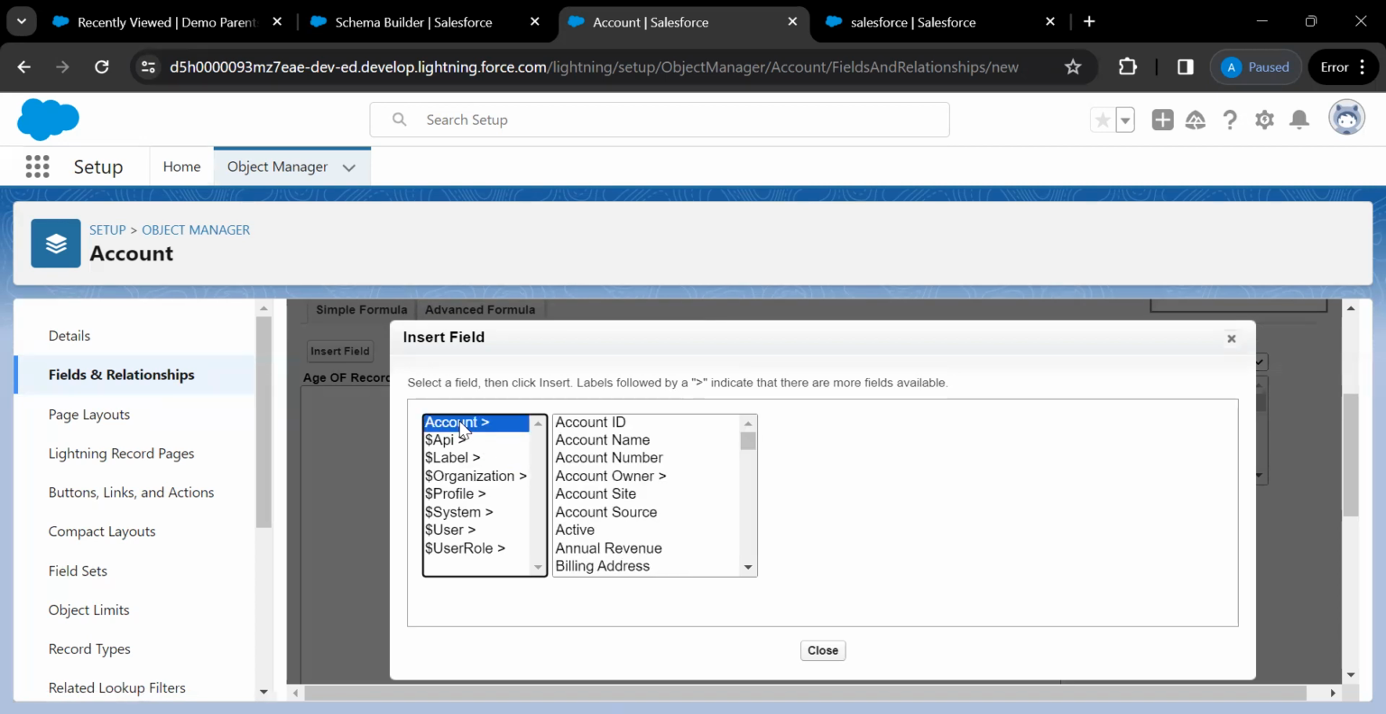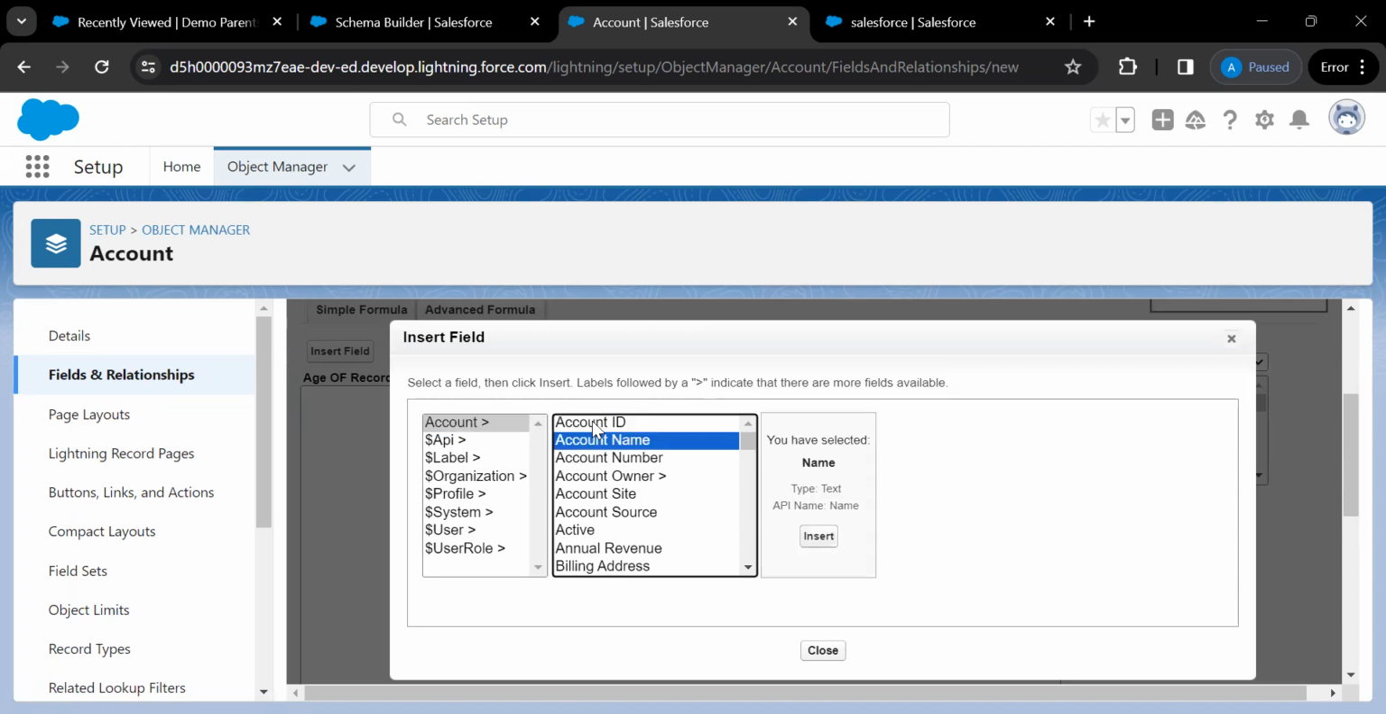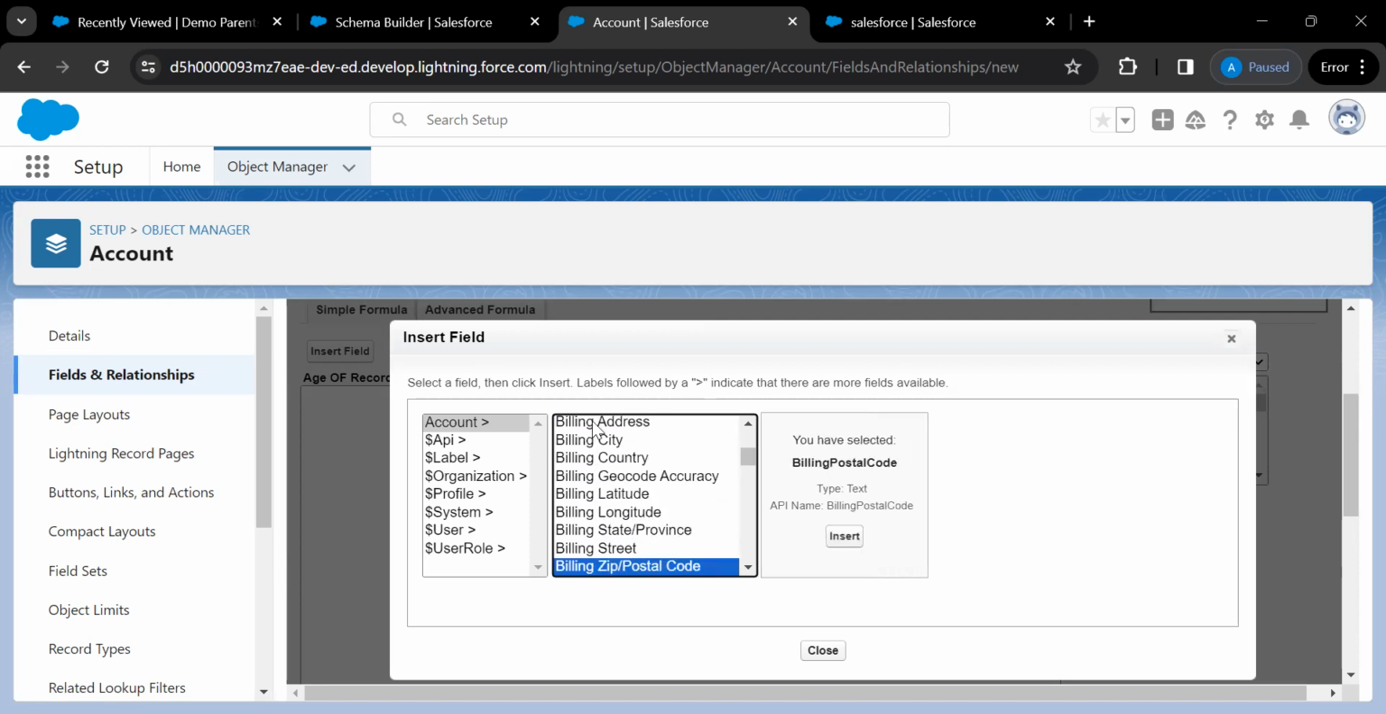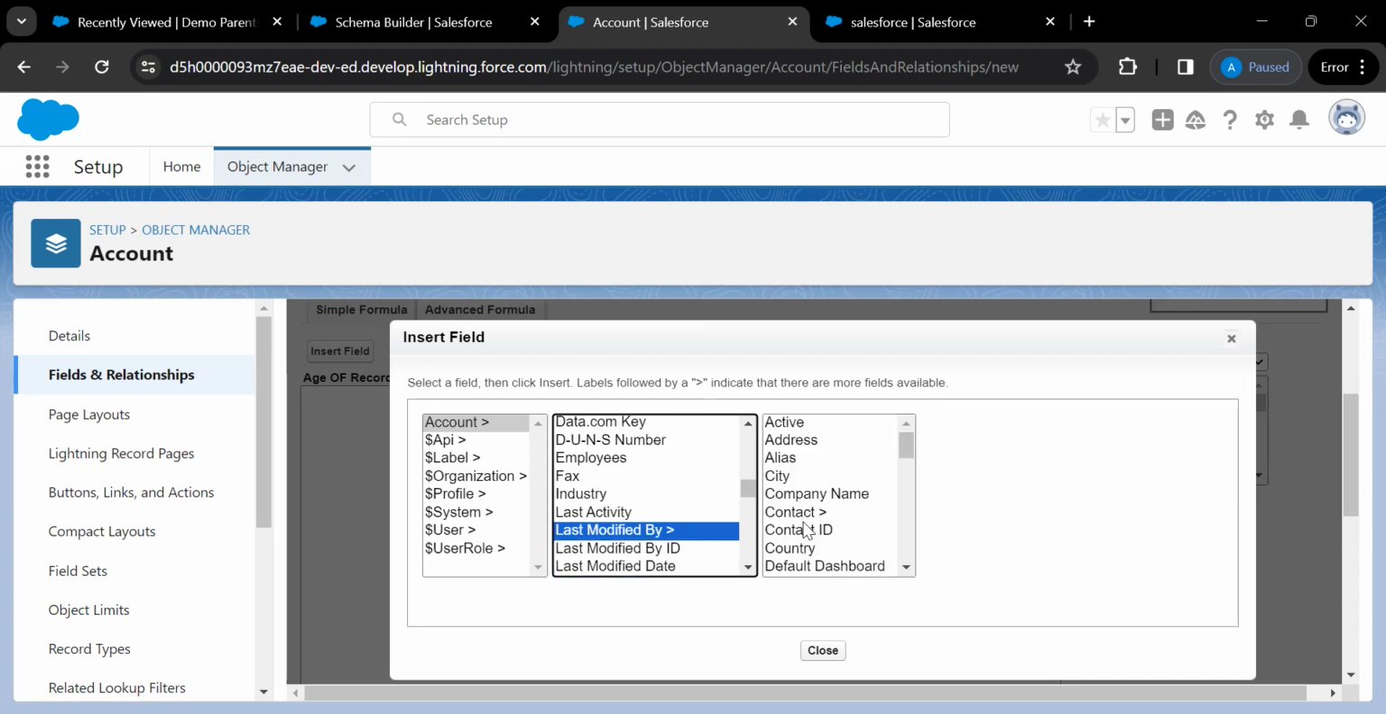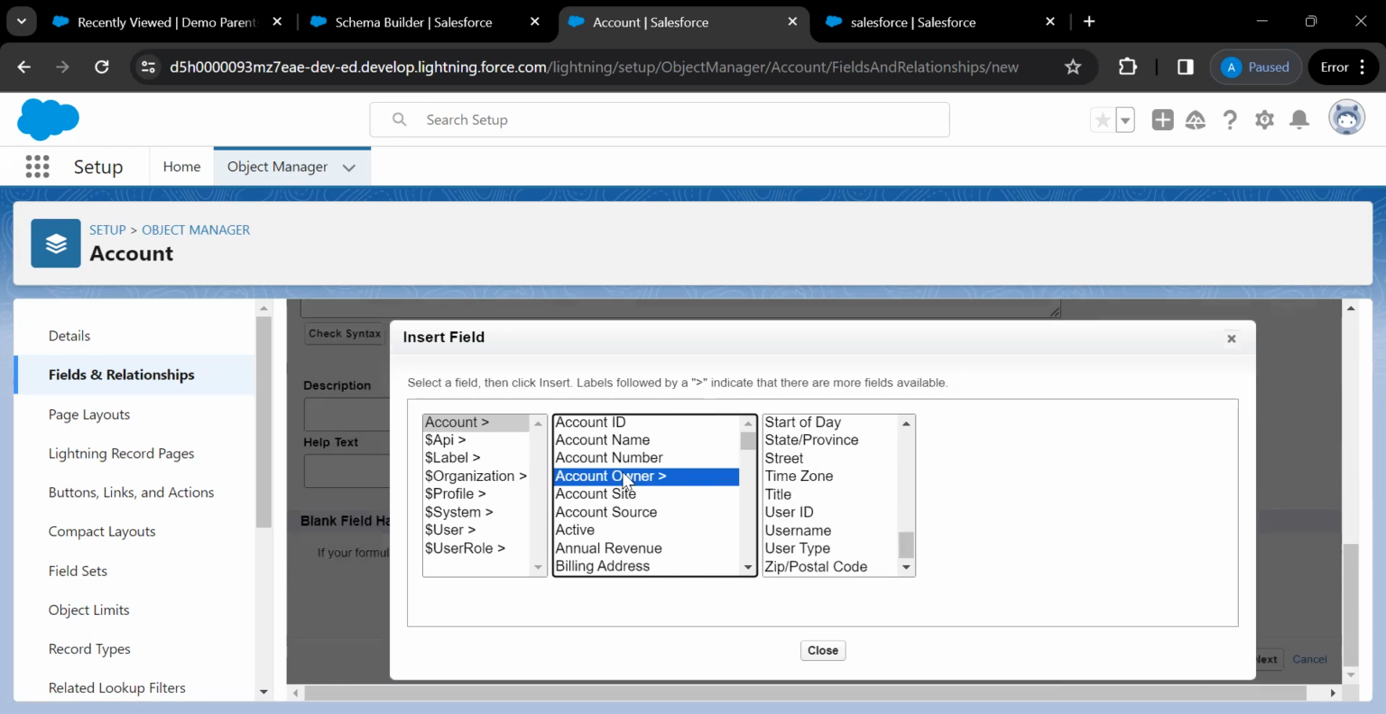Okay, now I want to create a formula field on account only. That's why I have navigated to account, and these are the fields I have. I can use all these for my formula field. And this last modified by will give the last modified by user related information. This is a lookup. The right greater than symbol is showing so that on the right side it has its